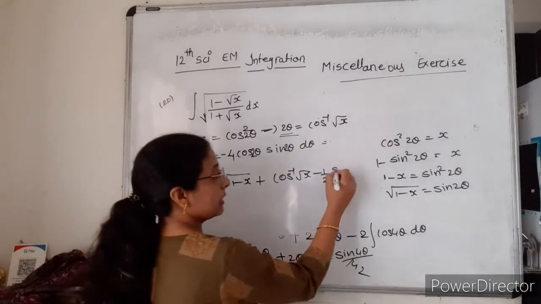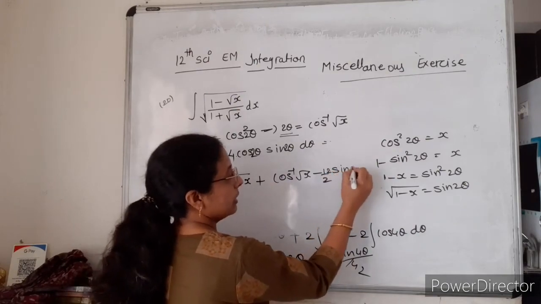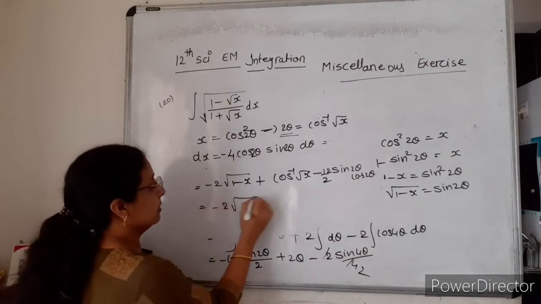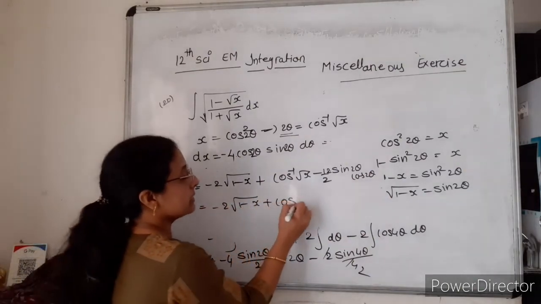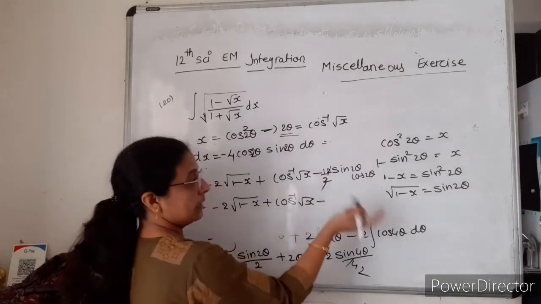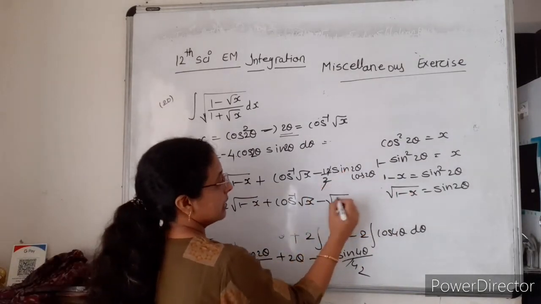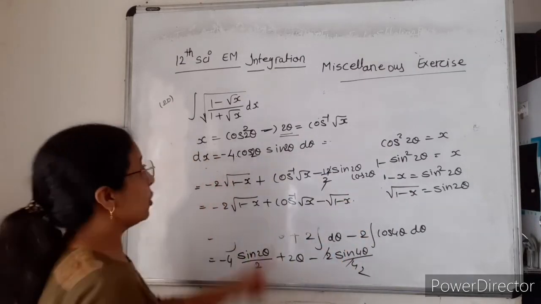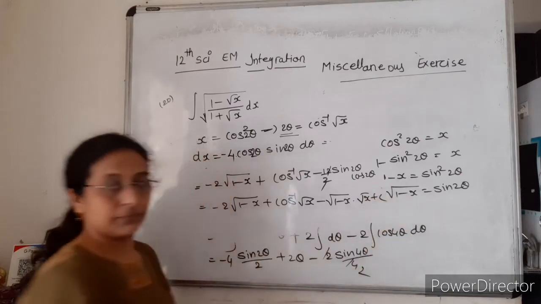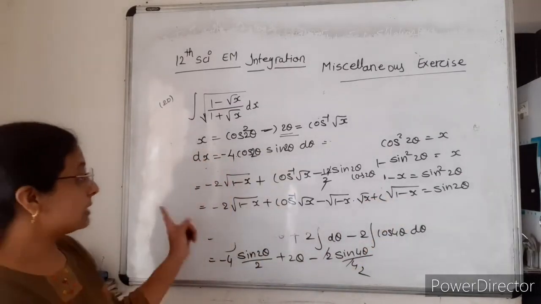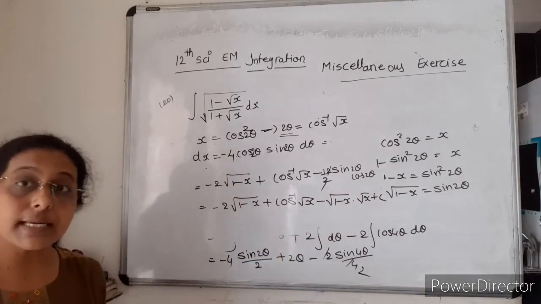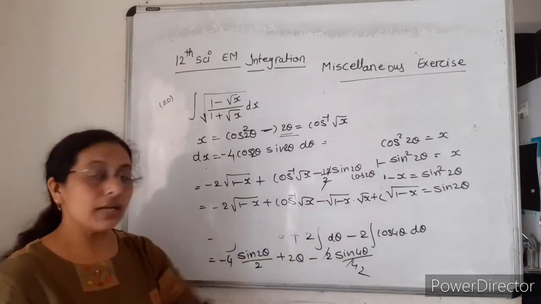So sin 4 theta is 2 sin 2 theta cos 2 theta. Again 1 minus x cos root x, 2 cancel, sin 2 theta is 1 minus x, cos 2 theta is root x plus, right? So this is our final answer. You can take this x inside, it is x minus x square also, but we'll write this only.